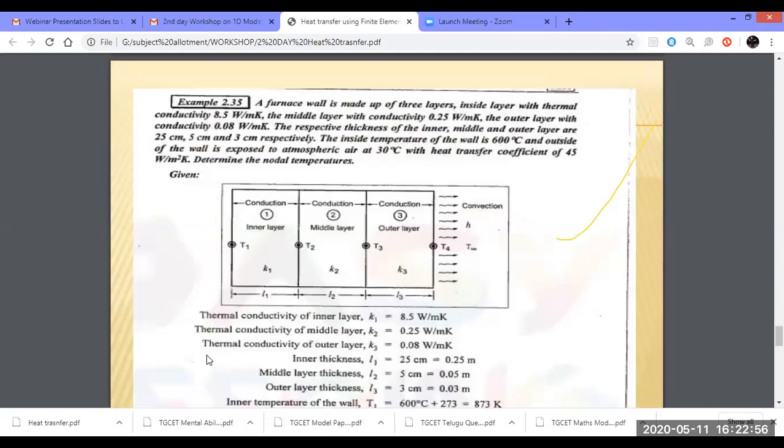Now first I am going to create a 3-dimensional object. From a 3-dimensional point of view we are going to simulate. After that, from a 1-dimensional point of view we are going to calculate. Now let's open. For modeling, I am going to use SolidWorks software. Open the SolidWorks software, click new file, new part. I am going to create a new part. It will take half a minute.